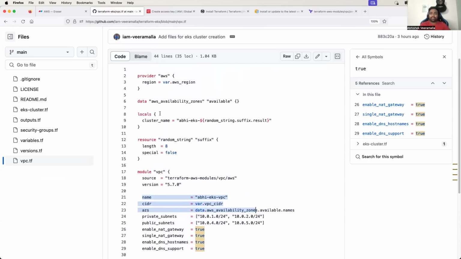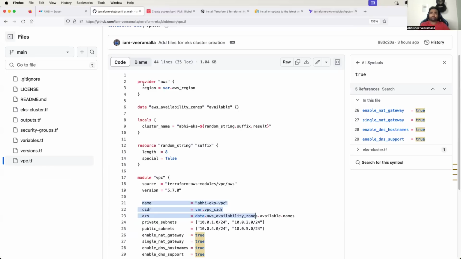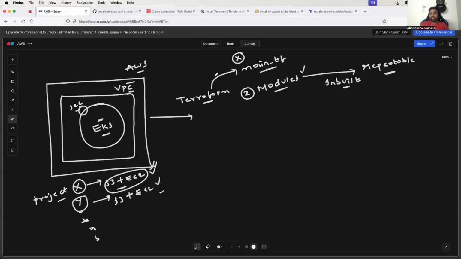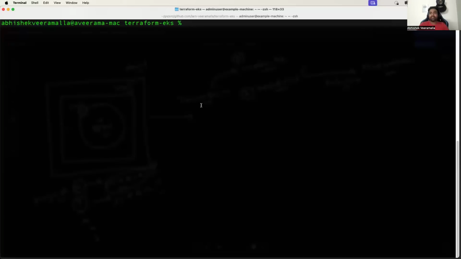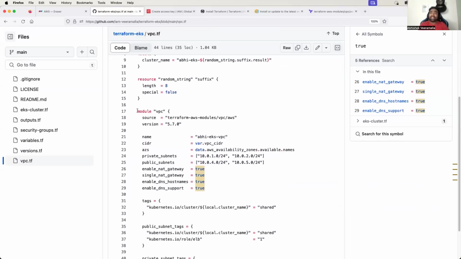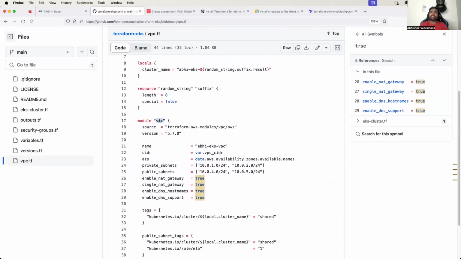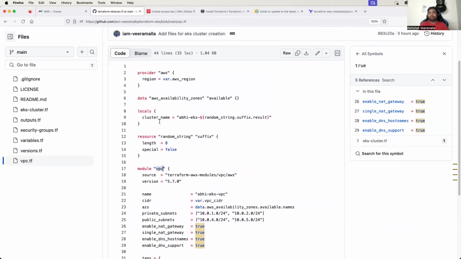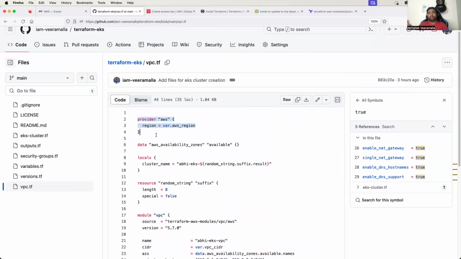And at the beginning of the file, I have also provided the provider as AWS. If you don't know what is provider, Terraform can connect to multiple things, right? Terraform can talk to AWS, Terraform can talk to Azure, Terraform can talk to GCP. How does Terraform come to know where it has to create the resources that you are writing in this file? You know that VPC is AWS. Probably Terraform does not know. So what you will do is you will define the provider. In this case, provider is AWS, and the region in which Terraform has to create these resources, you should also